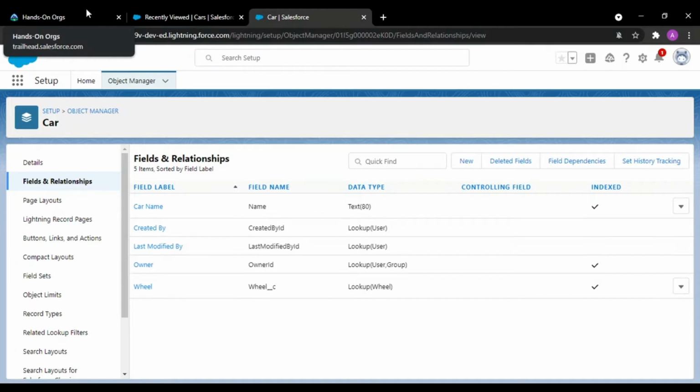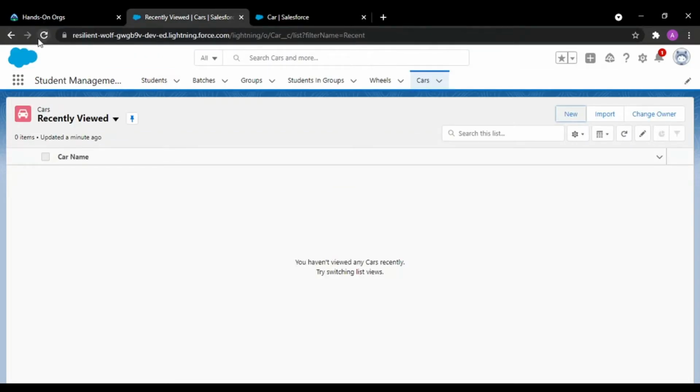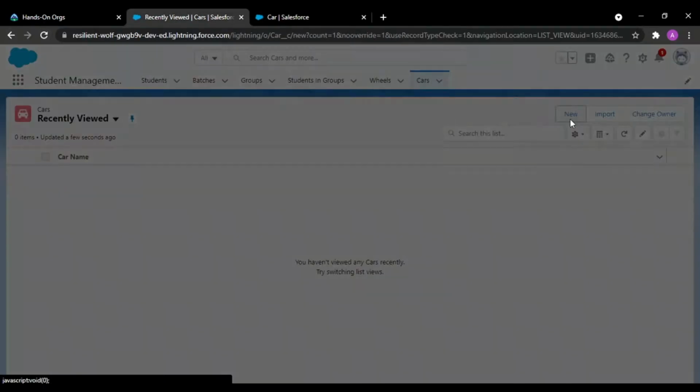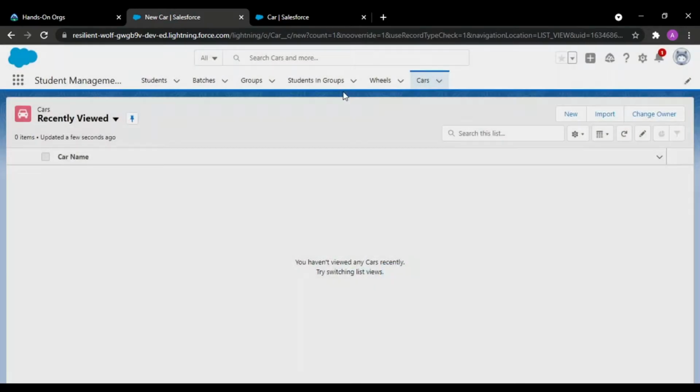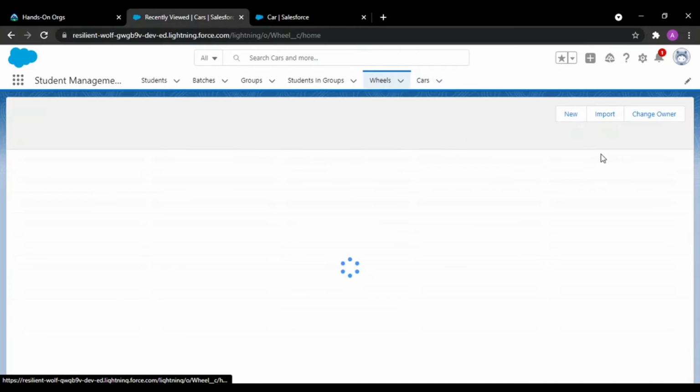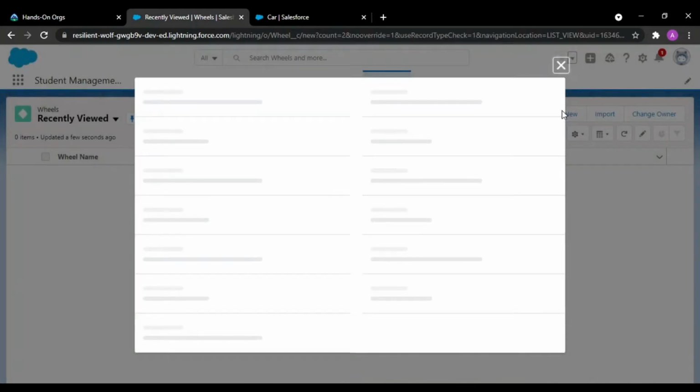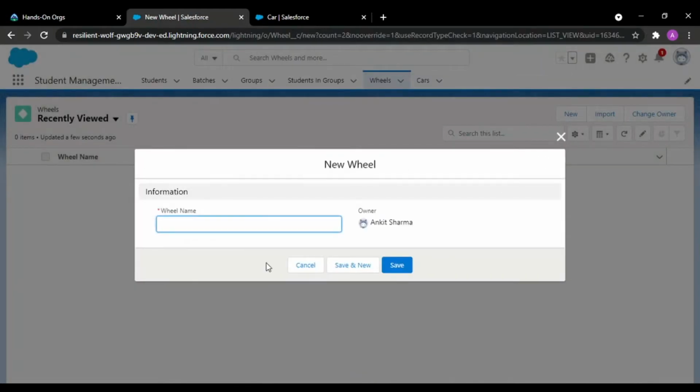So what we have done, let me show you. We have created a car object, and in this I have to first add some values. Company 1.